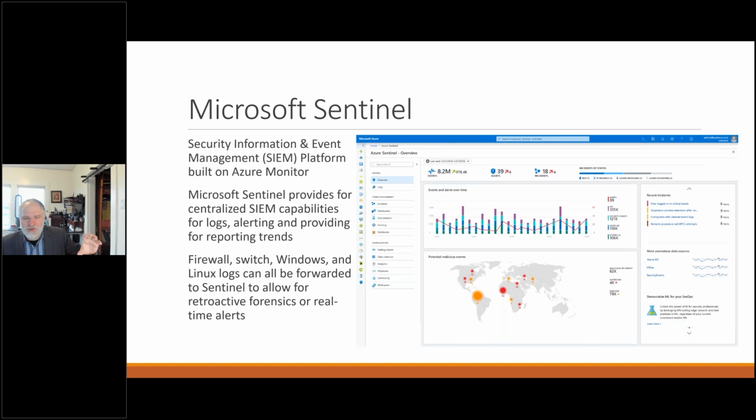Most users will get 90 days. If it's an E5, they get up to a year. But some people don't realize you can actually buy a 10-year license on top of that for certain users, or you can put your users under legal hold in certain cases.